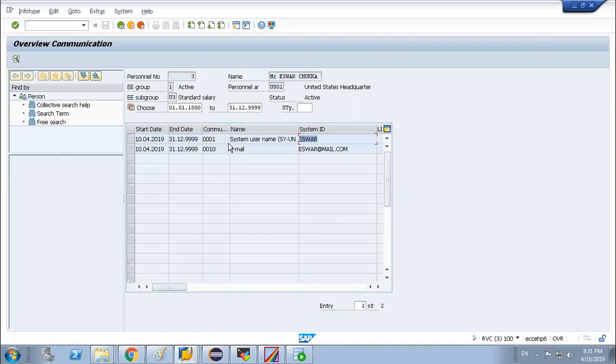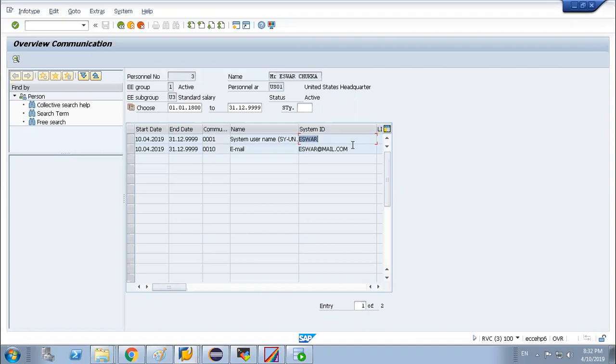Like the employee number, right now we have 3, right? Yeah. So the user ID would be E03. Okay. So they are maintaining this E03 over here. Yes. So they are directly maintaining whatever the user ID is, that is their process. Mm-hmm. They are maintaining this user ID over here.